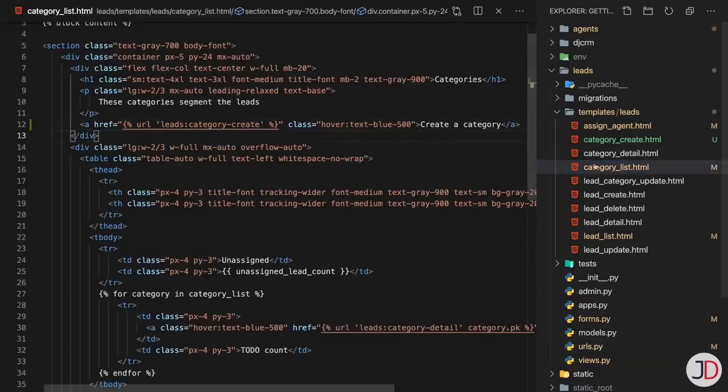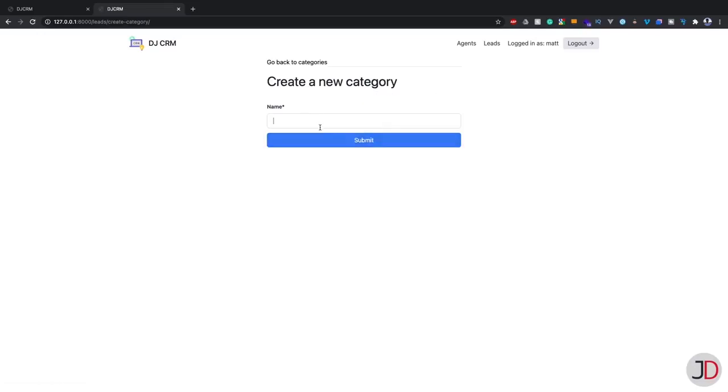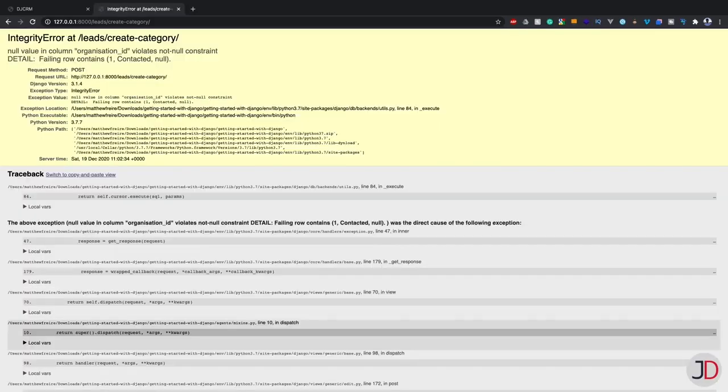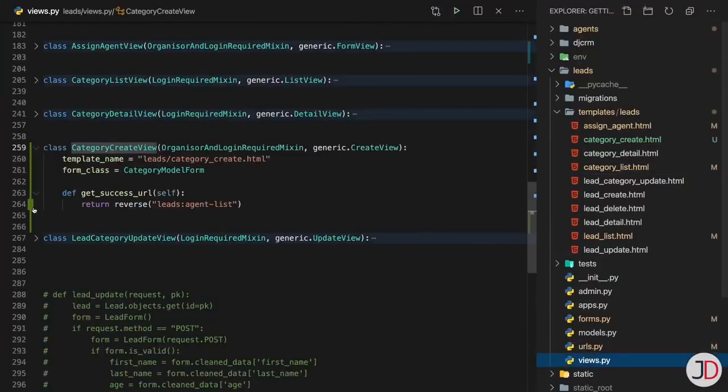So we've got a link that takes us to that. So if we refresh here, creates a category. If I click there, it takes us here. So let's say that we want to have contacted as a category. Then, the organization is not being filled in. So actually, we will need to